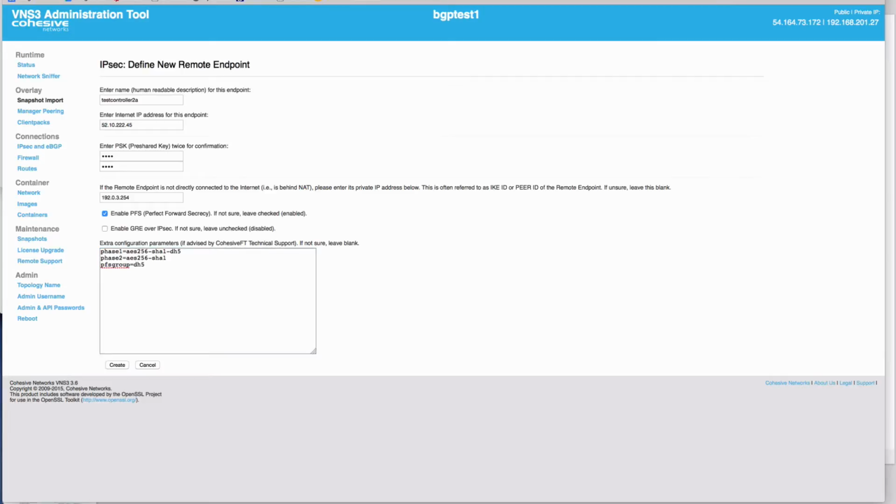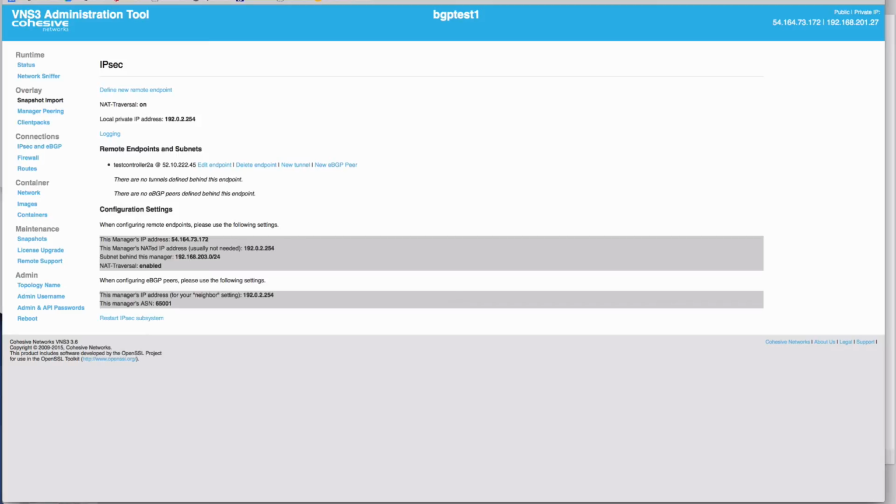Phase 1 lifetime, we're using the VNS3 defaults here, but again, be as specific as possible to match with your customer. And then create. Now you'll notice again, I'm not putting in dead peer detection parameters because what we should do is we should make sure that everything's working, and then we should add in greater reliability features. So hit create. At this point, nothing happens in terms of communicating to the other side because we haven't specified any policies of what we want from them or what we're willing to give them. So for now, you would not see any traffic going